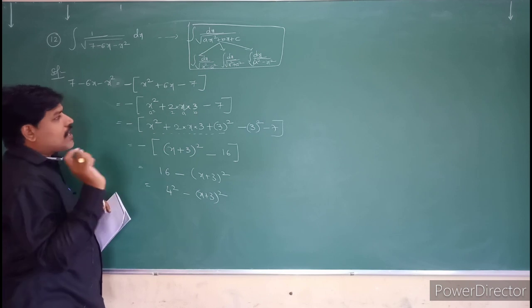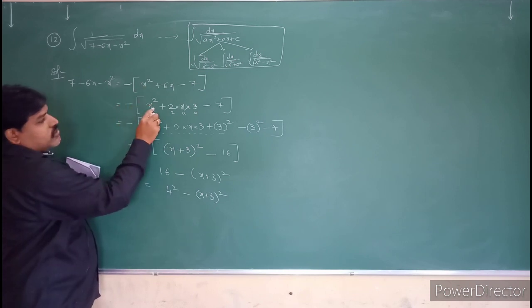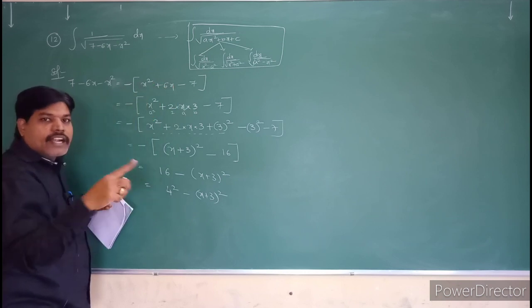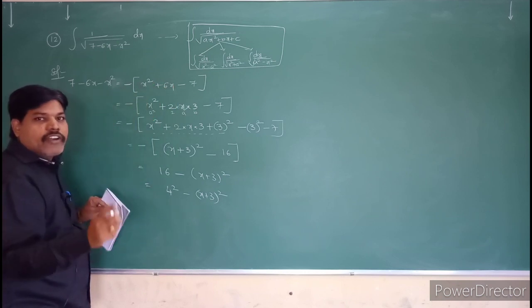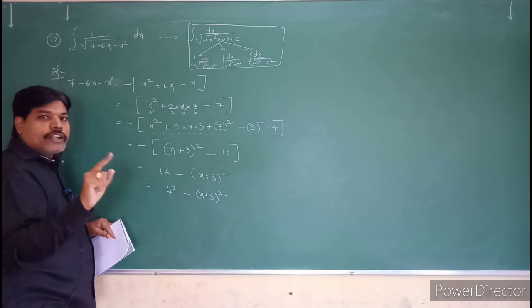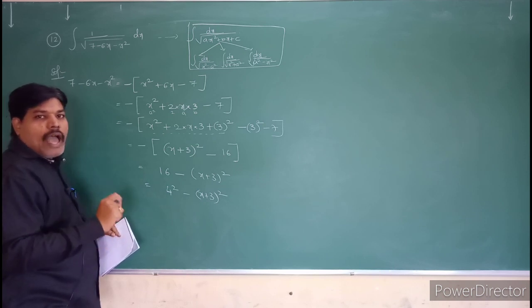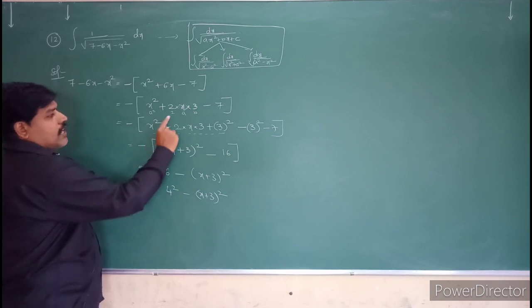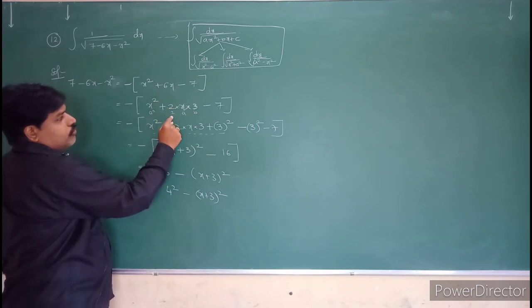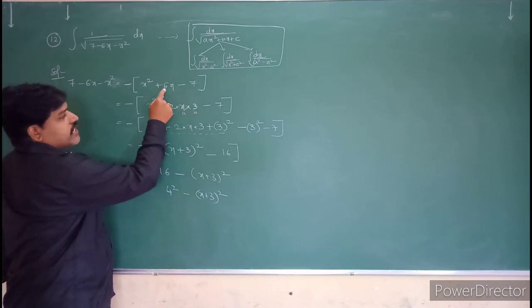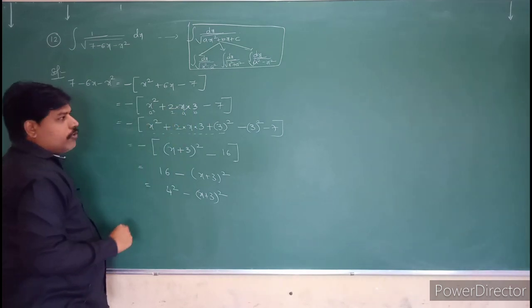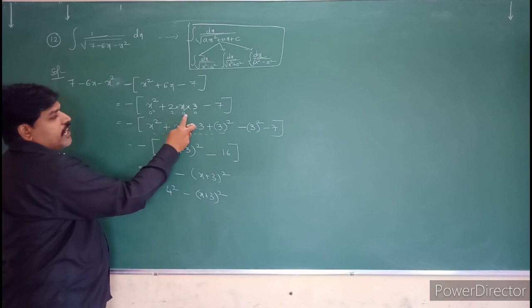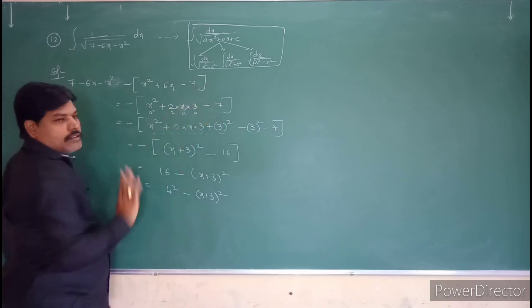Next, what we have to understand is this is the x square term. This is the x term. You have to multiply and divide with 2. Why? You have to get a 2ab form. So that's why I just multiplied with 2 and divided with 2. This 6 by 2 will become 3. So you can understand that it is in the form of a square plus 2ab minus 7.